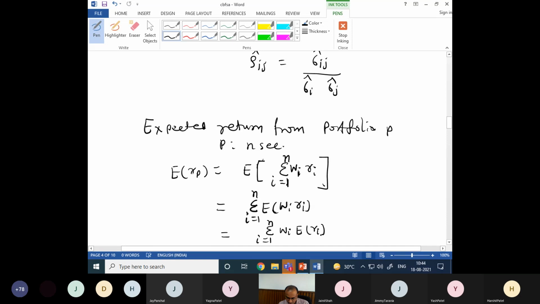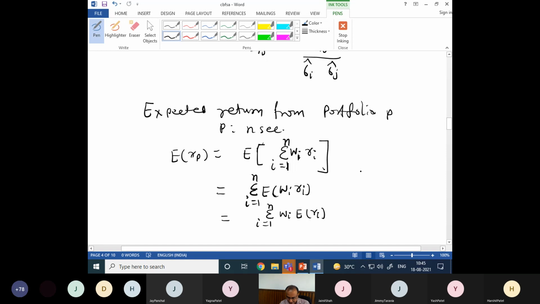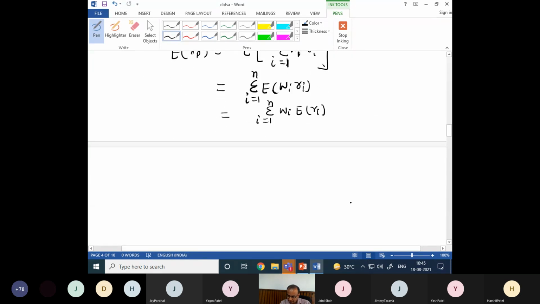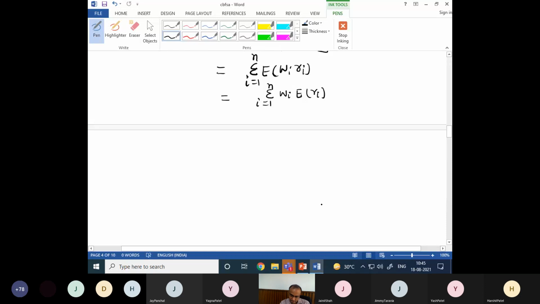See, expectation is a linear operator, so it follows, first of all, additivity. Here, first expectation and then summation. What linearity says is that if you perform first summation and then expectation, it's okay. Likewise, with multiplication by a constant, the constant is taken outside and then the expectation is done. So you can take this Wi as a scalar quantity outside the expectation operator. This is the scaling property, and this is the additivity property. So the linearity principle is preserved, like we have seen in linear systems. This expectation operator is a linear operator.